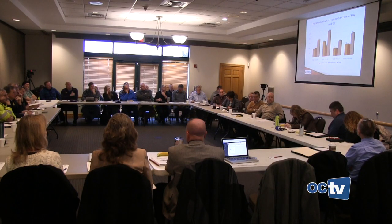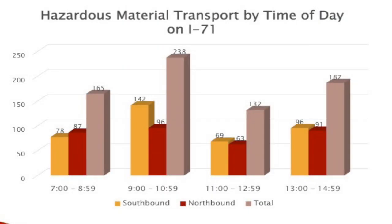And again, this is a chart that better summarizes that. The higher line, that's the total, the one that you see that's a lot higher. And then orange is southbound and red's northbound. It's pretty much even across the day. So that means from 7 to 8:59, I assume you all have a lot of the Louisville traffic at that time and in the afternoon. I'm not from here, so not positive, but I'm